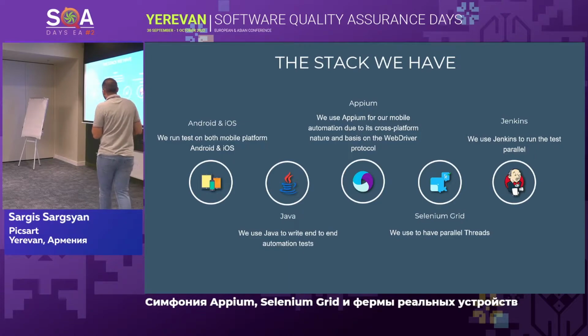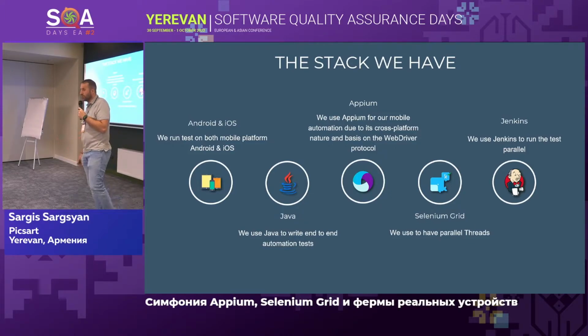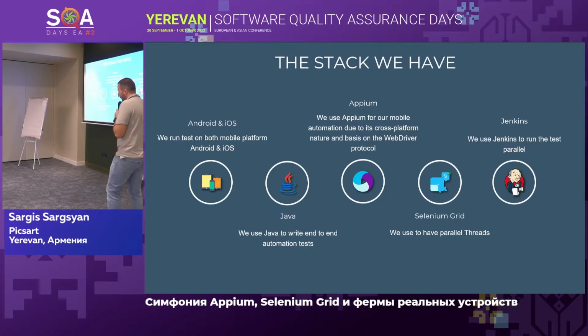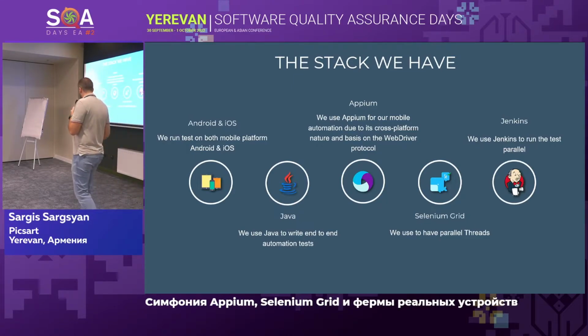Of course, to have a mobile device farm, we need mobile devices. Basically, it's Android and iOS. We also tried iPods, which worked for us. You can also have tablets. Whatever your target is, you can choose the applications for it. We basically use Java, but you can use whatever you want. It doesn't have any effect. We use Appium,